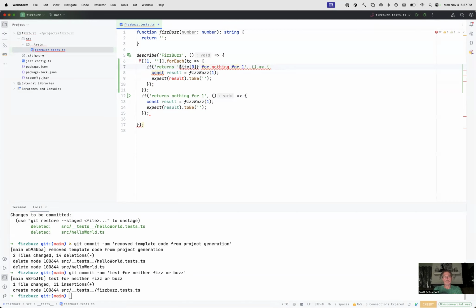Dollar sign TC of one. Boy, I'm having trouble typing. I've been doing this too much today. Dollar sign TC1. Okay, so let's see. Returns, and I can't do that, but I can do that. Okay, and then this should be